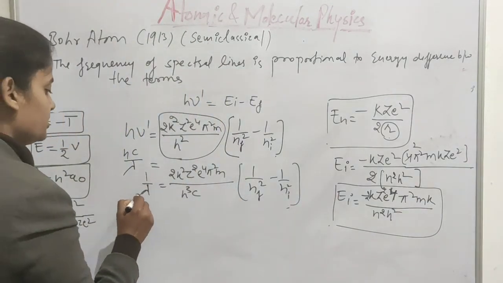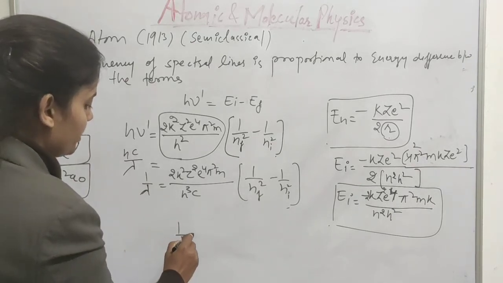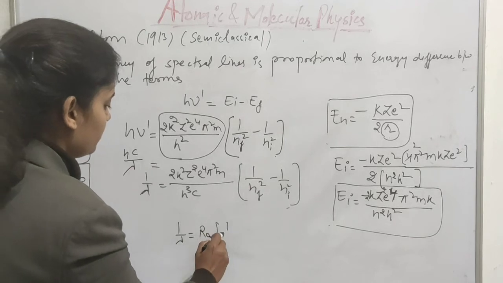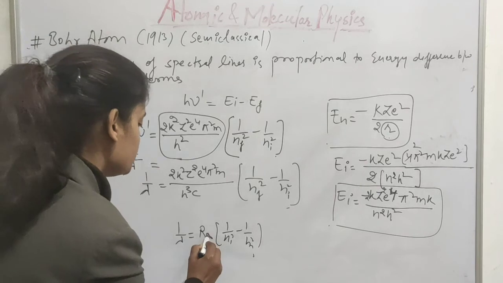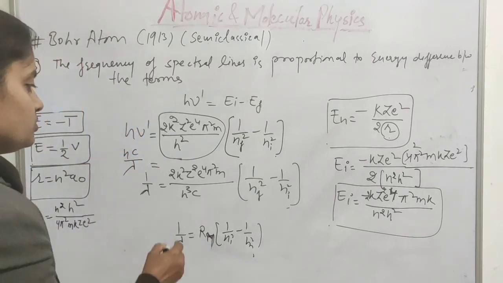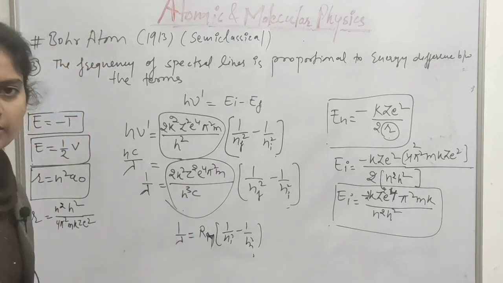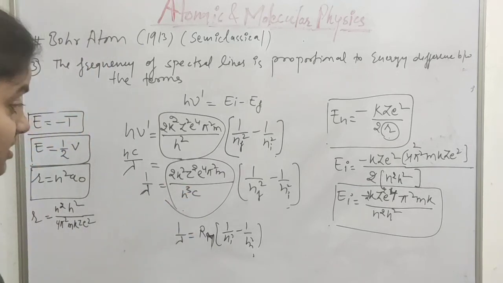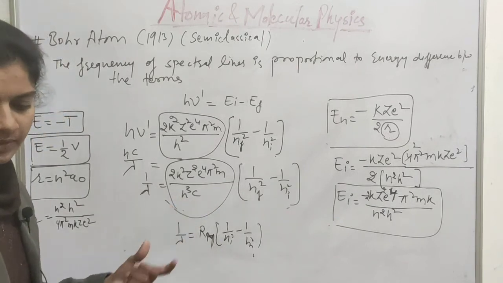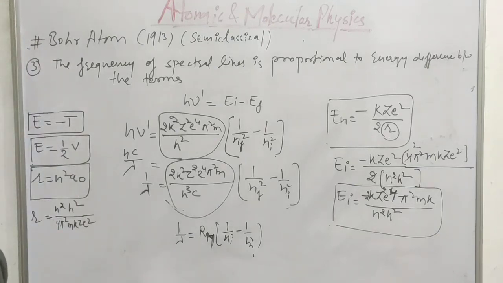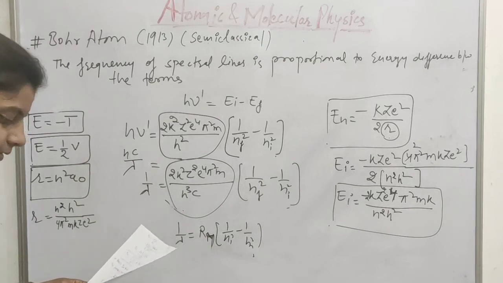So you can relate this formula with the Rydberg formula. You know that in the case of the Rydberg formula we have R infinity, 1 by n1 square minus 1 by n2 square, if you remember, RH for the hydrogen atom. So this is a constant term. This is the Rydberg constant for the hydrogen atom. Bohr was successfully able to explain and gave the calculation for this term. So he gave the formula for this.